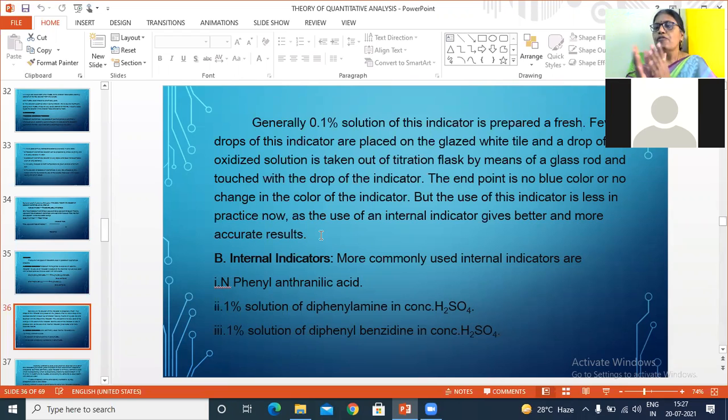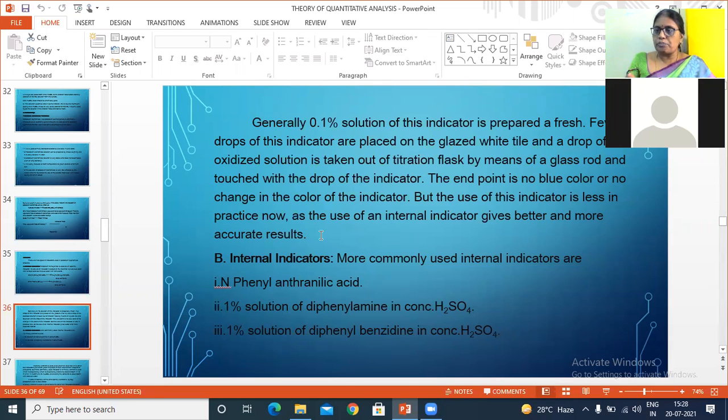In the meanwhile, when we transfer the indicator from the glass tile through a glass rod into the titration flask, an oxidation reaction takes place in that indicator. Potassium ferrocyanide goes to the Fe+3 form, so we won't get any blue color. Actually, only if the Fe+2 state is there can we get it. But within a fraction of a second, whenever it is exposed to air, oxidation from ferrous to ferric takes place immediately, so we won't get any color for ferric salts even though we add an indicator.